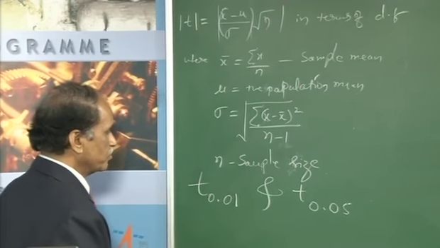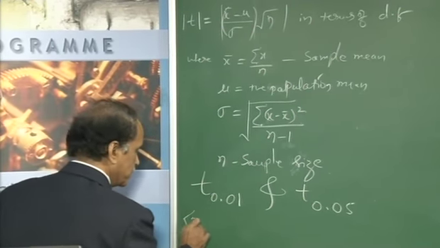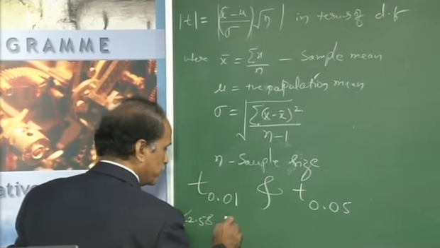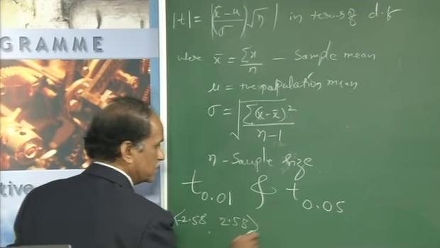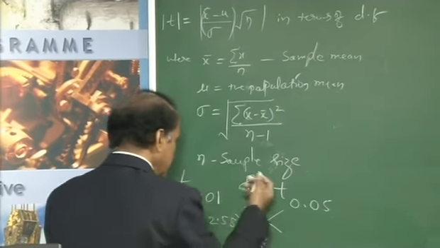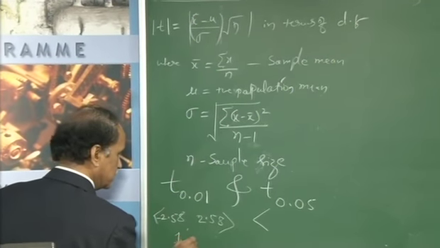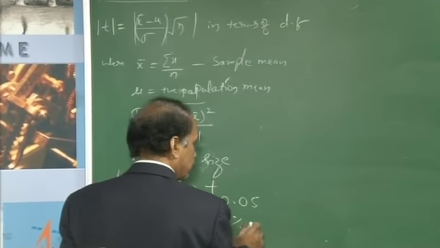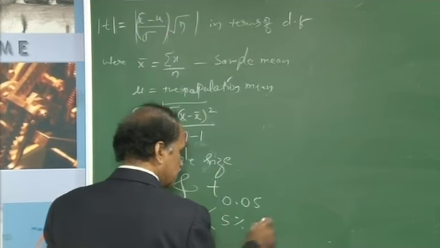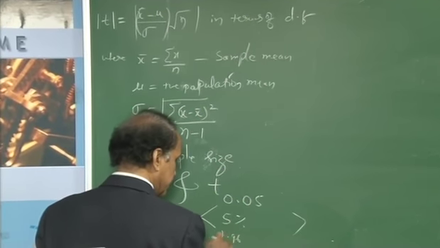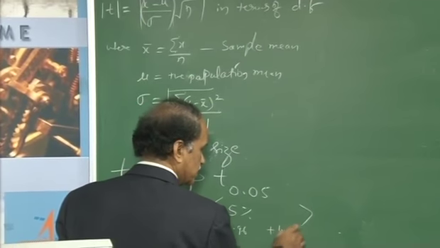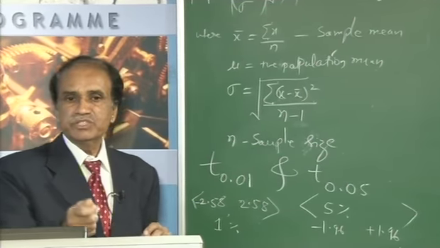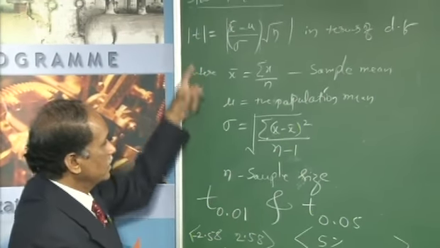This t at 0.01 will be between minus 2.58 and plus 2.58, the critical region. That means this is at 1% level of significance, and this is 5% level of significance. That means this is nothing but minus 1.96 and plus 1.96. Here also we take these two, but the symbols we are going to use in declaring the value of this